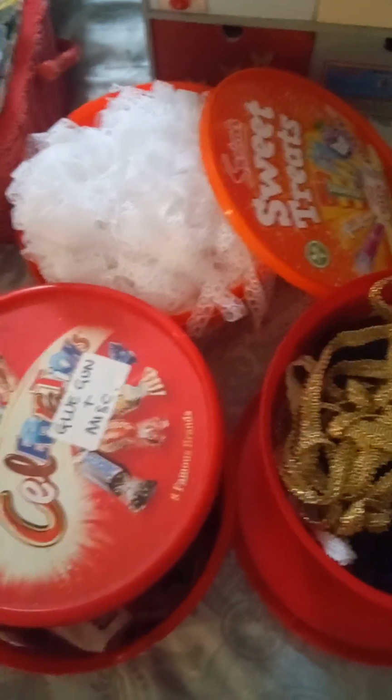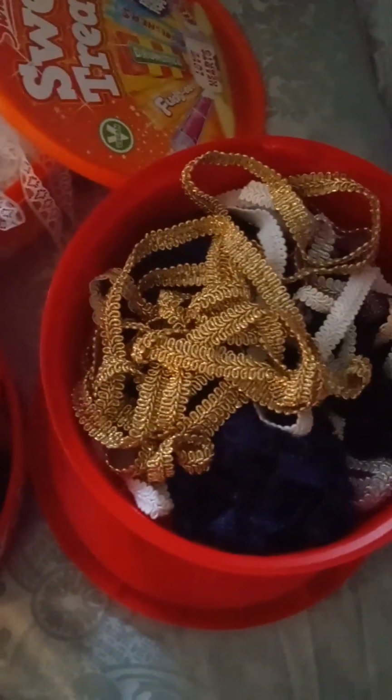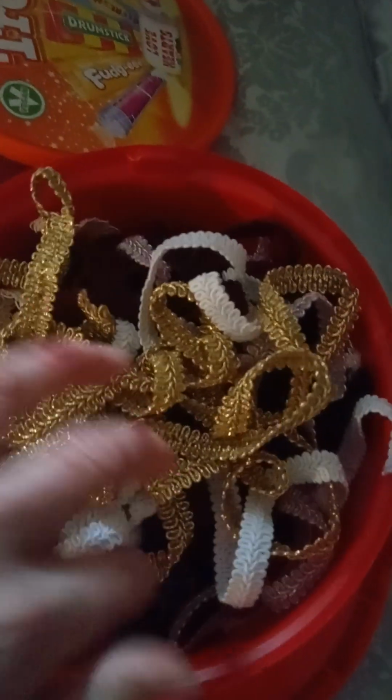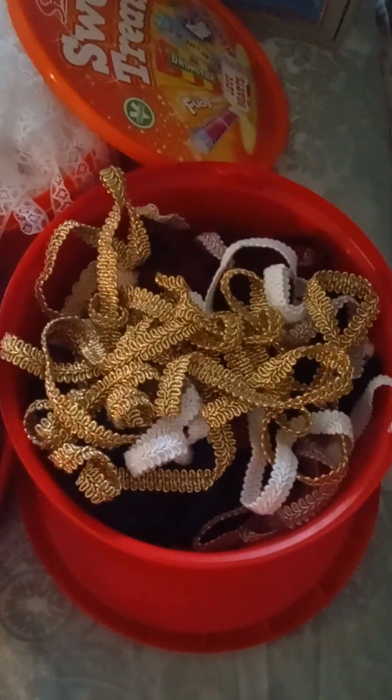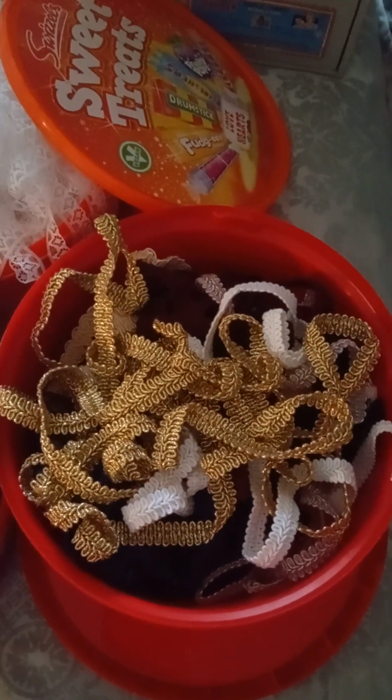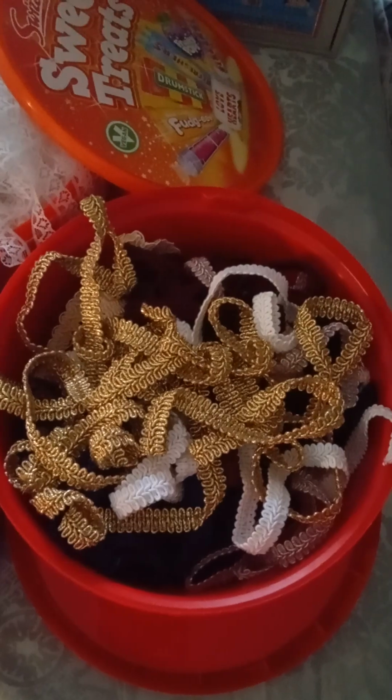Another item I recommend is these sweetie tubs that you get at Christmas and Easter. Great for storing all your little bits and bobs that you don't want to lose. I used to do a lot of upholstery years ago, and upholster ottomans and chairs, chaise longue, stools like that. And this was the trim, the braid. And I often used to pick up braid in bags, wrapped up already, in the charity shop as well